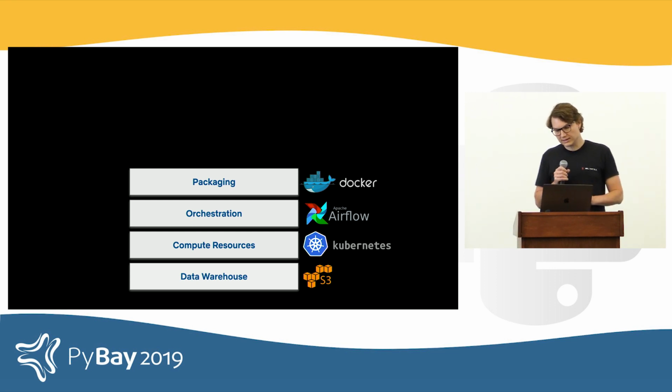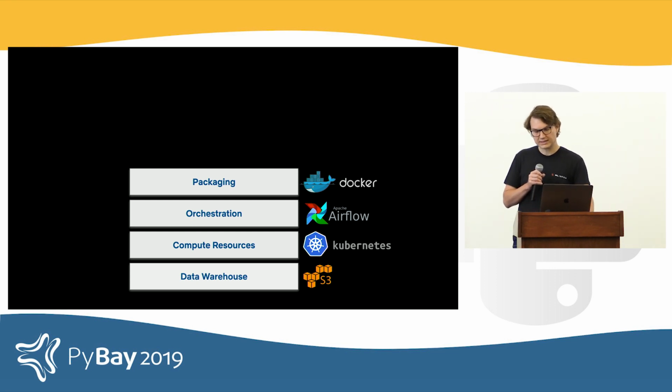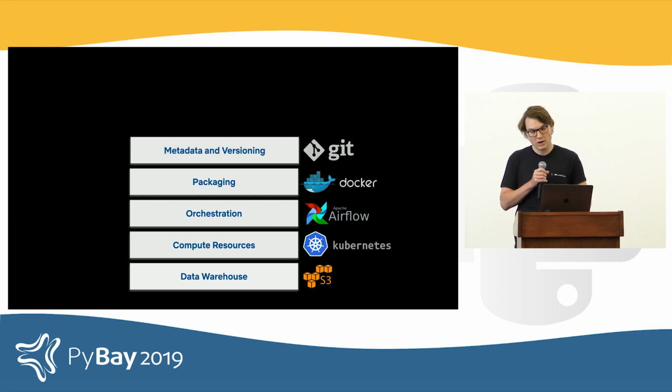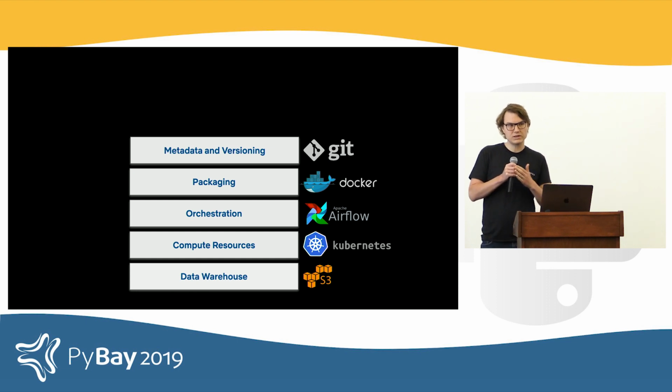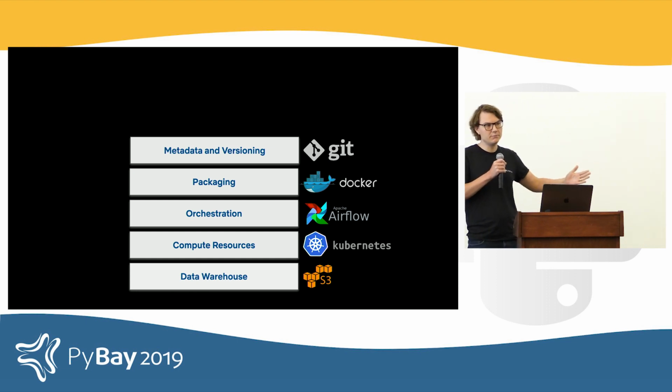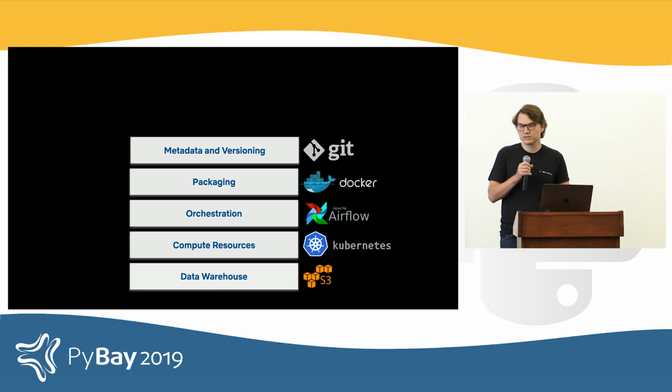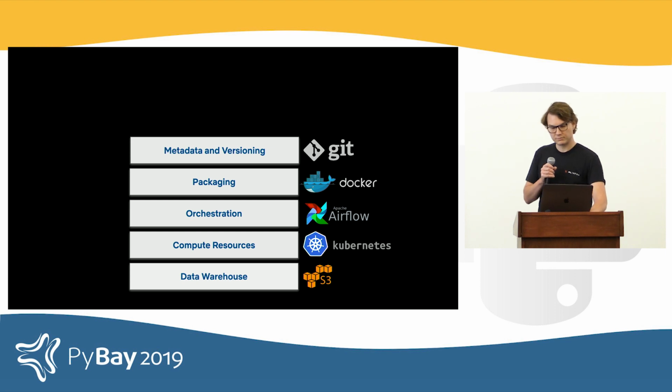Technically, that looks pretty good, except for the fact that you never deploy a workflow only once. You keep iterating on these things over and over again. To keep track of everything you have done in the past, you need some kind of versioning system. You need to know what kind of experiments you have run in the past. You need some kind of versioning for your source code as well.